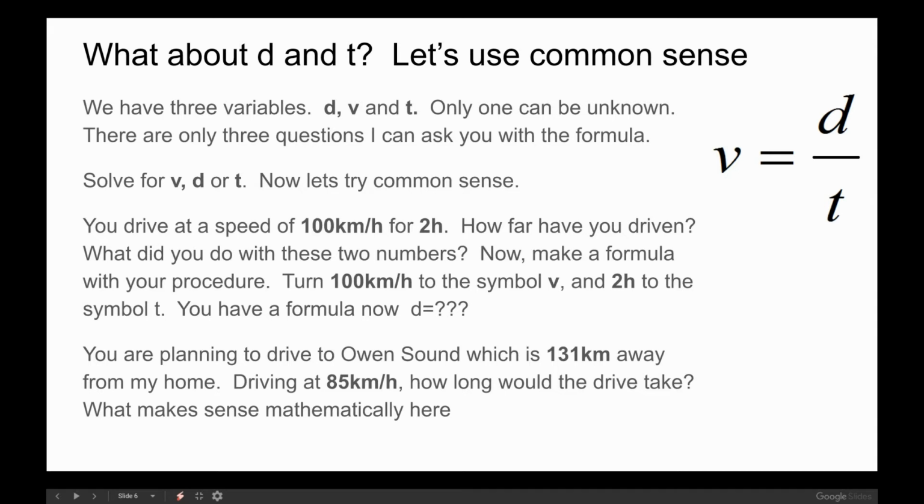What makes sense? And the minute you do that, you've just created your formula. Now all you have to do is take this and change it to its letter, and you've rearranged and created a formula based on your understanding of the